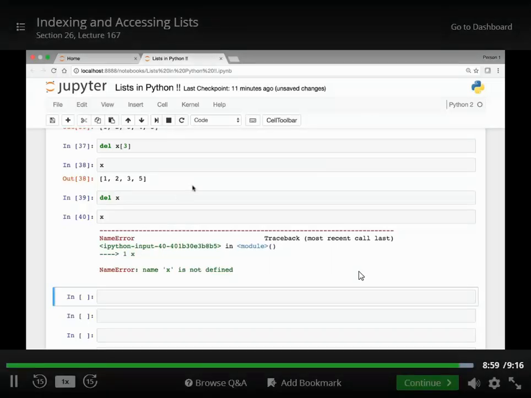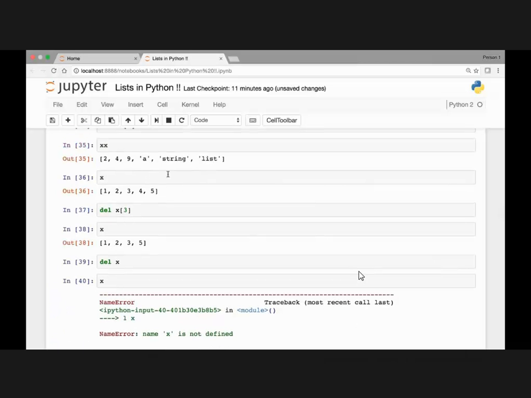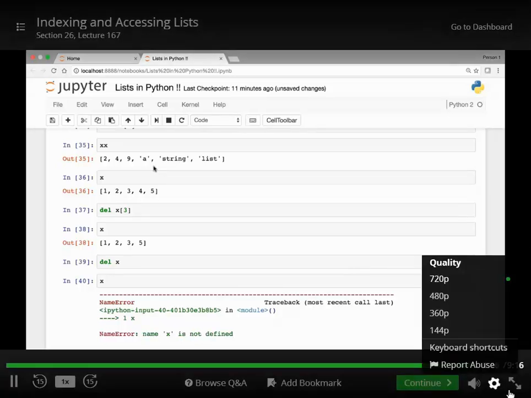So in this lecture, we looked at how we can access elements in a list by using indexing and index slicing. And we briefly saw how we could delete elements in a given list. And in the next lecture, we'll look at